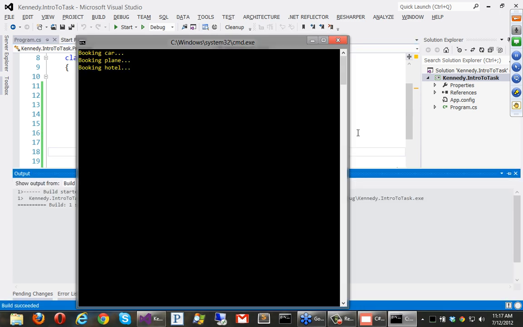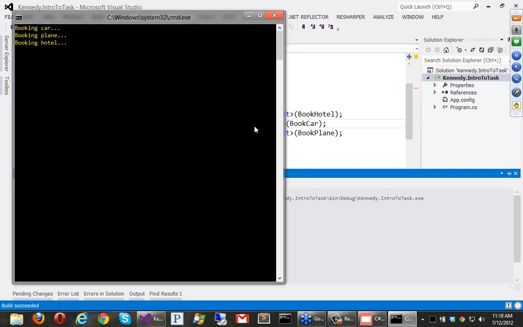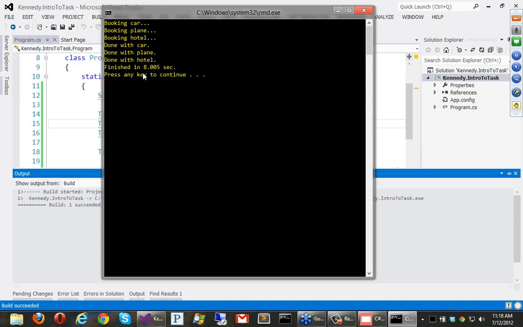So here you can see now we're waiting for them to finish, and they should finish in order of however short they are, like the shortest one first and the slowest one last. So you can see that they did finish in the same order. Let me see if I can run them in a different order because I wrote them in slowest order. So let's run the hotel first and then the car. You should still see the car finished first. All right, so car is the shortest. It was 3 seconds. The plane was 5 seconds and the hotel was 8 seconds. So, right, they just finished in whichever order they take.